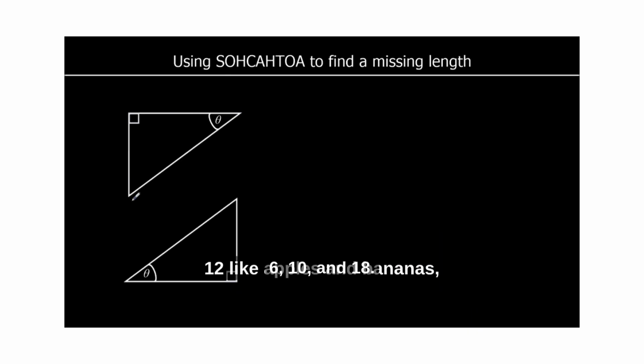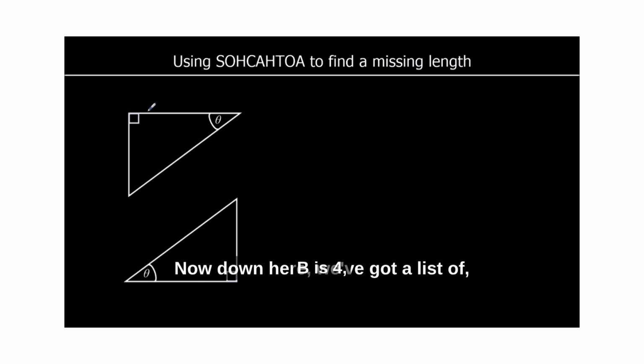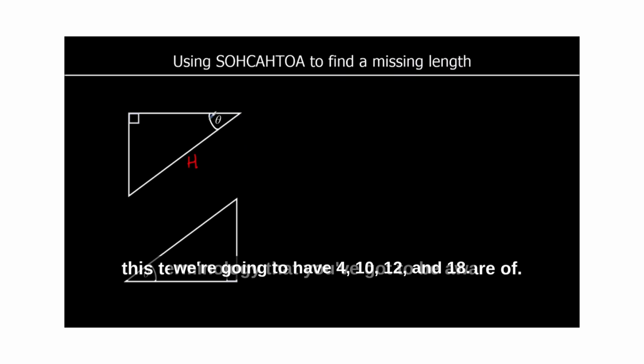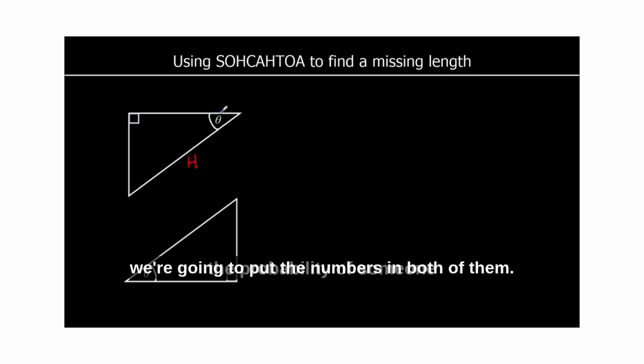Each of the sides on the triangle has got a name. The one opposite the right angle, the longest side in a right angle triangle, is called the hypotenuse. And we've got an angle marked here as theta. That just means it's an unknown angle at the moment. So that's our angle we're using in the question. The one opposite it